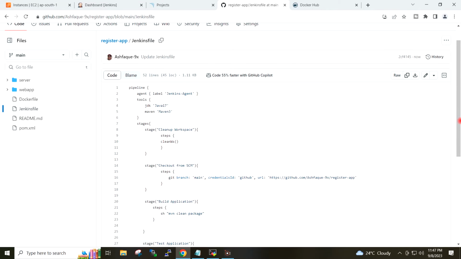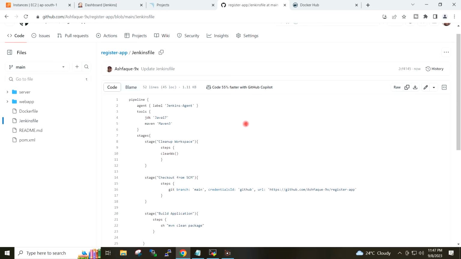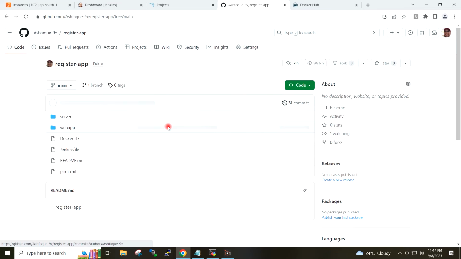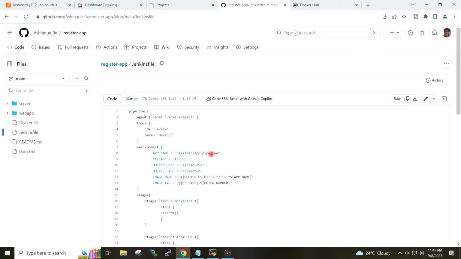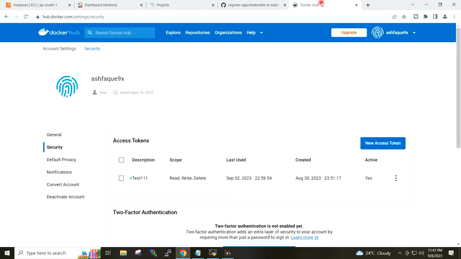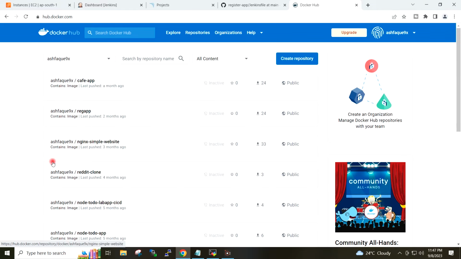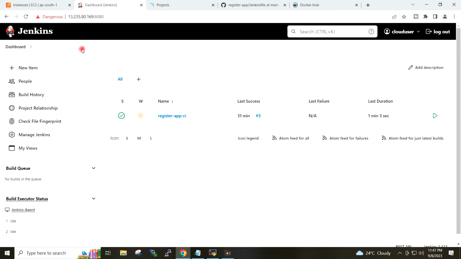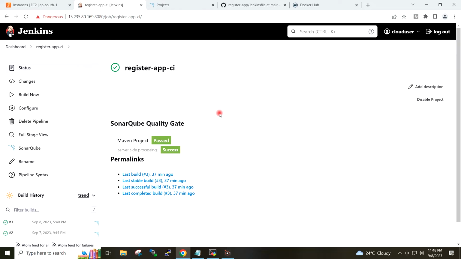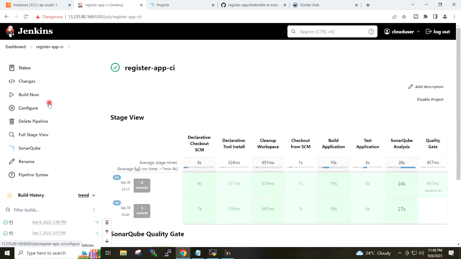and now if I go to Docker Hub, so this is my application name or image name. So if I go to my Docker Hub, there is no image present with this name on my Docker Hub account. I will go to Jenkins dashboard. I will go to my job and I will click on build now.